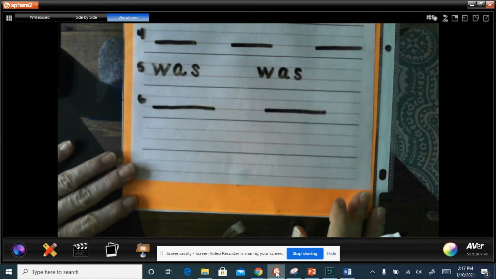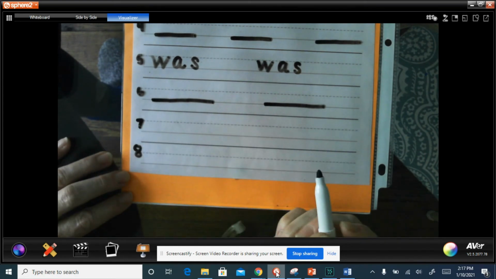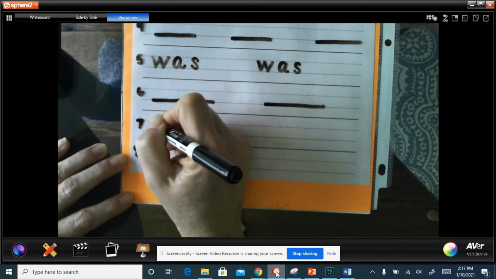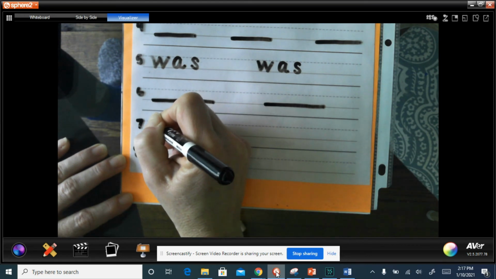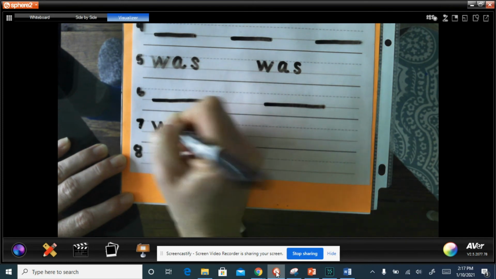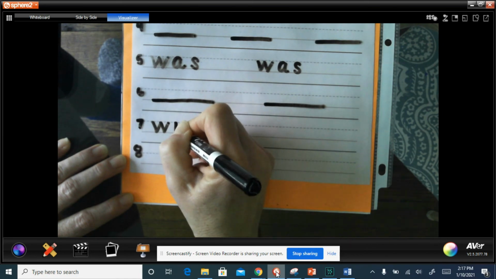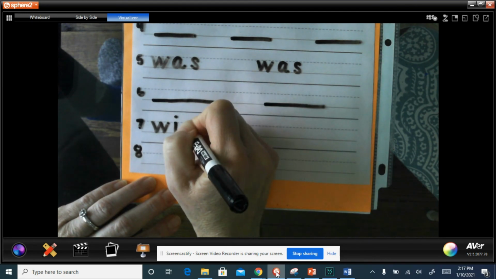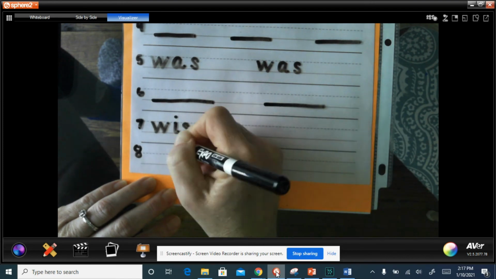Number 7 and number 8, we are going to do the word wish. Now, wish, again, we're going to pretend this does not begin the sentence, so it's going to be lowercase. If it were starting the sentence, you would use an uppercase. Lowercase w, middle start, diagonal down, diagonal up, diagonal down, diagonal up. The I, you're going to middle start, come down, monkey tail, pick your pencil up to dot your I. The S is a little bit below that middle line, curve up, curve around, curve up, curve down, curve around, and then